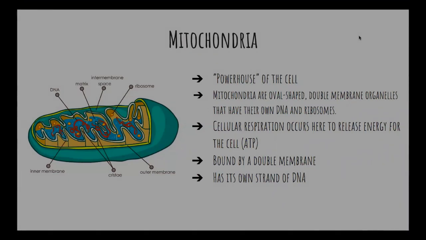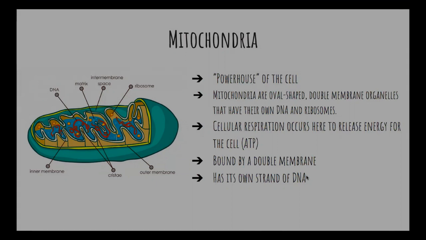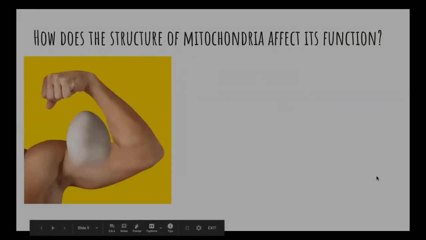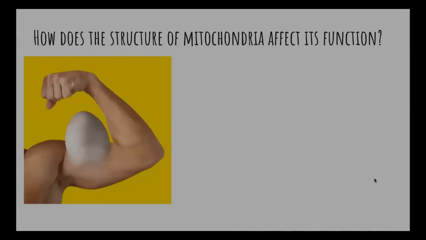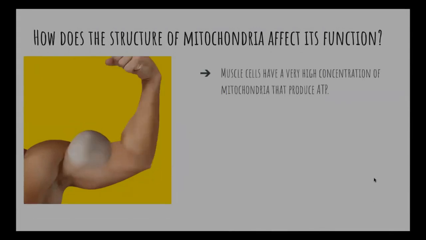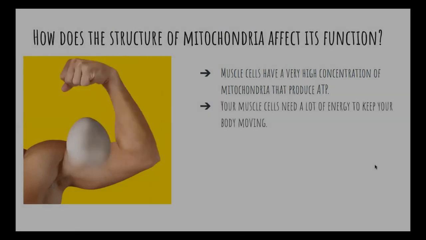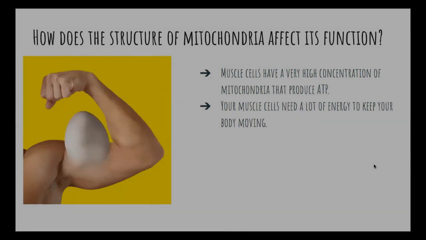ATP represents the short-term stored energy of the cell, and cellular respiration is the process of making ATP using the chemical energy found in glucose and other nutrients. So how does the structure of mitochondria affect its function? Muscle cells have a very high concentration of mitochondria that produce ATP. Your muscle cells need a lot of energy to keep your body moving as you work out and just get